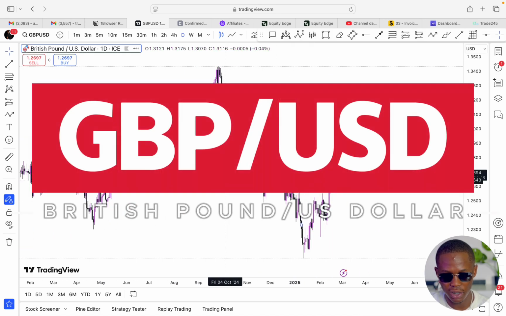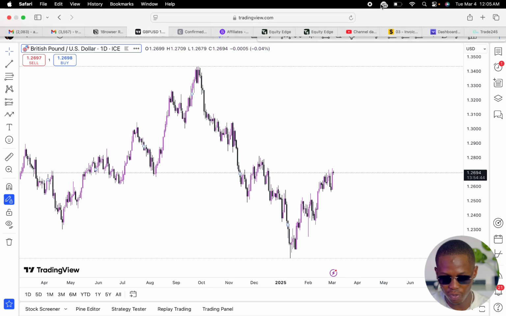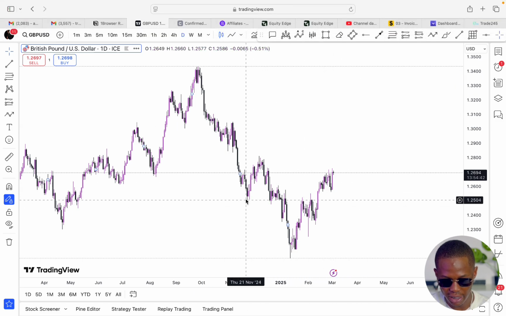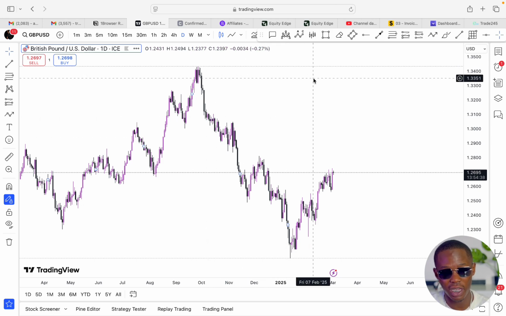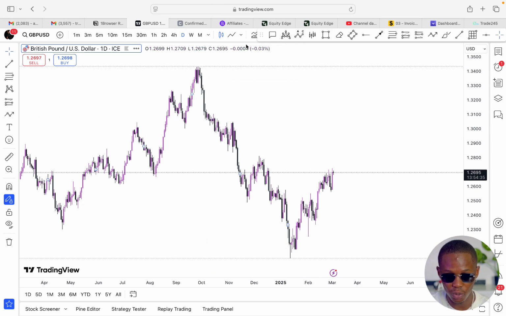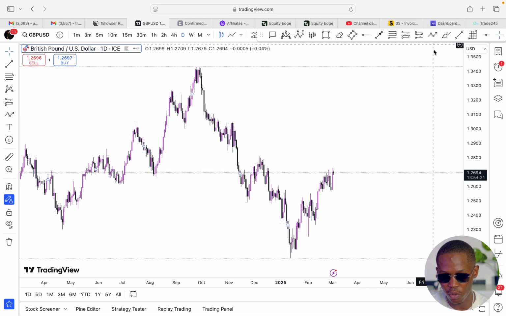GBP USD. As you can see, guys, first things first, I'm already seeing this trend was broken right here, and then this is more like an inverse head and shoulders. But now we're gonna be using a very different tool. So let's go click here first. Okay, let's analyze it according to how I would first,